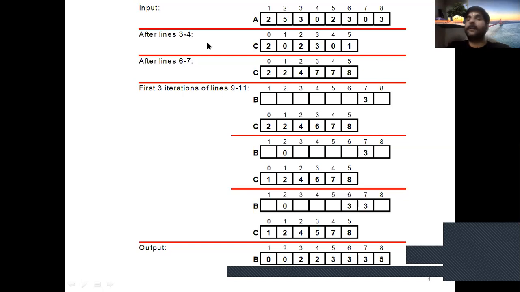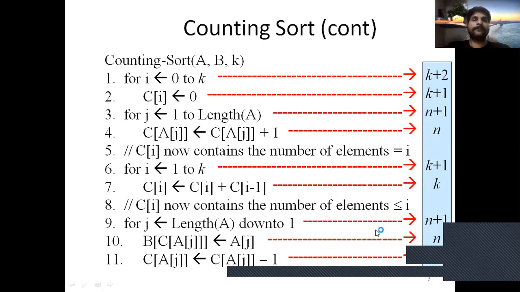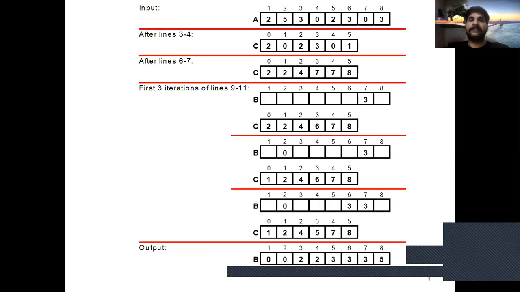After lines 3 and 4, j equal to 1 to length of array A, the auxiliary array C is updated according to the formula C[A[j]] plus 1. After completion of this for loop, the C array contains 2, 0, 2, 3, 0, 1.